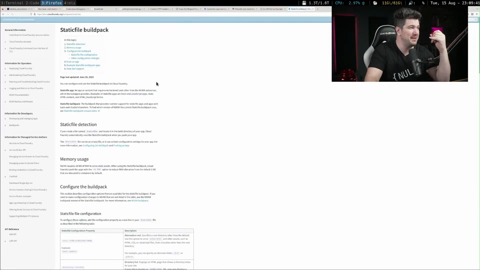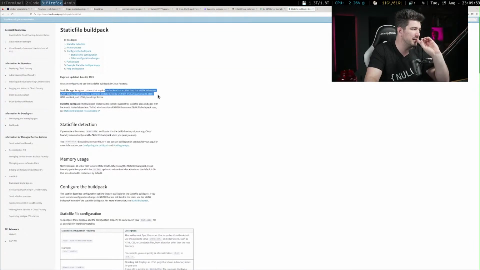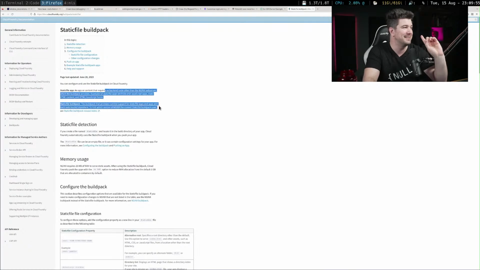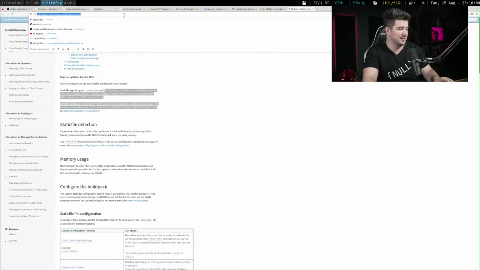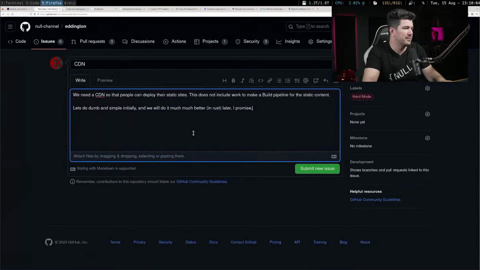We might have to write our own buildpack. An app or content that requires no backend code other than Nginx. I think somebody's already done it. Oh, cool. I'm going to throw this in here. This might actually be super simple.